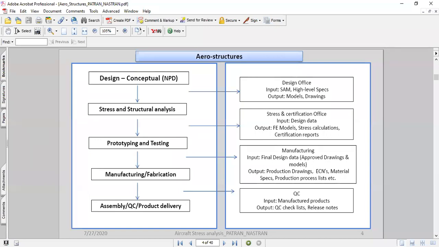We try to analyze the design they made and make sure that it works. It is subject to the various criteria that the client asks for. It might be a load criterion: it has to withstand so-and-so loading and should not fail. Or it can be a deflection criterion. For example, the deflection must be within 25.4 millimeters, that is, 1 inch.